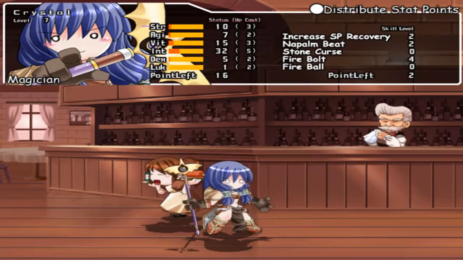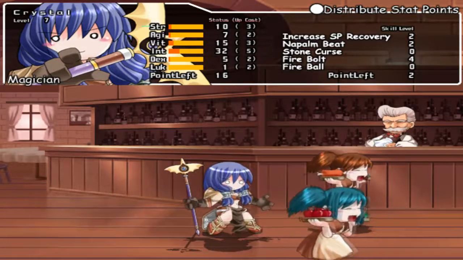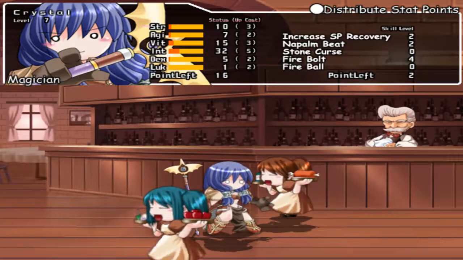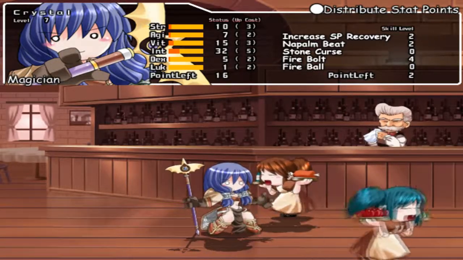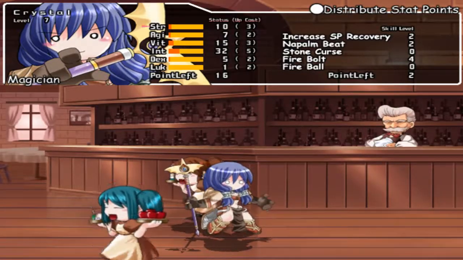3,700, 4, 5, 6, 7, 8, 9, 10. So yeah, I need about 6,000 something. Theoretically speaking, if I did Frontier Fields one more time, I could actually level up again if I wanted to. The reason that I know that is because I'm starting to write down how much experience you get on average